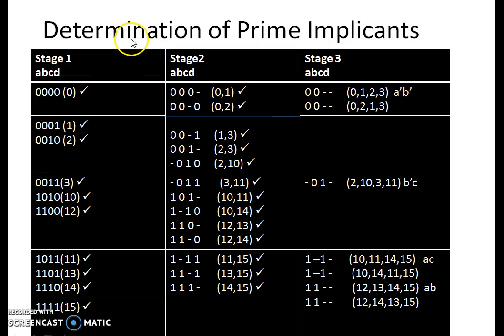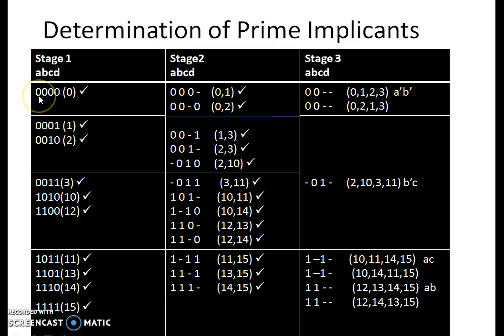Next, we are supposed to determine the prime implicants. How do you determine these prime implicants? It involves different stages. Now I am supposed to compare the first group with the second group for a 1-bit difference. So now I compare 0 with 1. I find that I have a 1-bit difference in the last position. So it's as good as your pairing in your K-map.